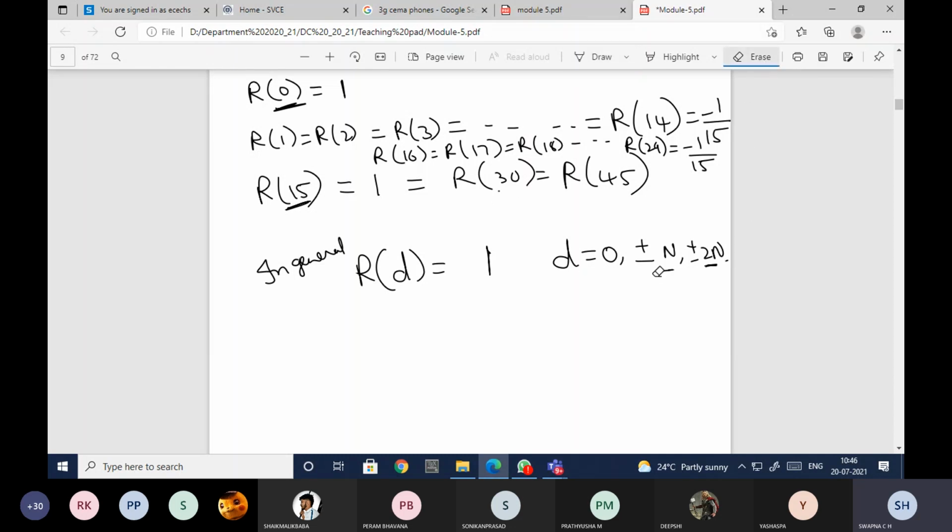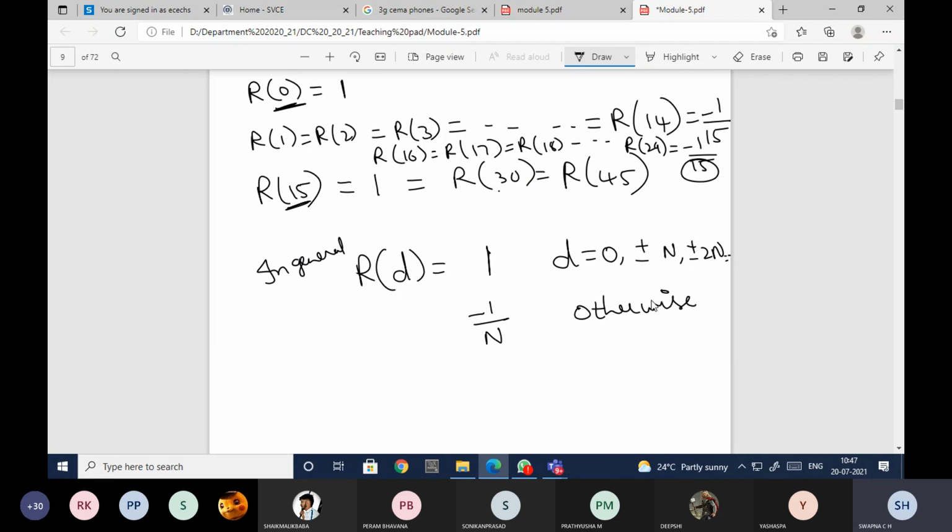For all these, its values will be equal to 1, and otherwise it will be equal to minus 1 by n. If you observe, I got minus 1 by 15, and 15 is nothing but n. So minus 1 by n.